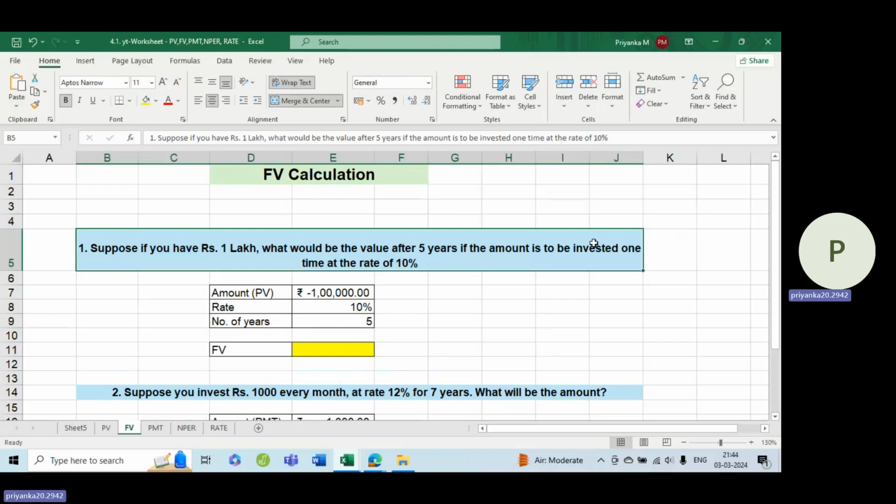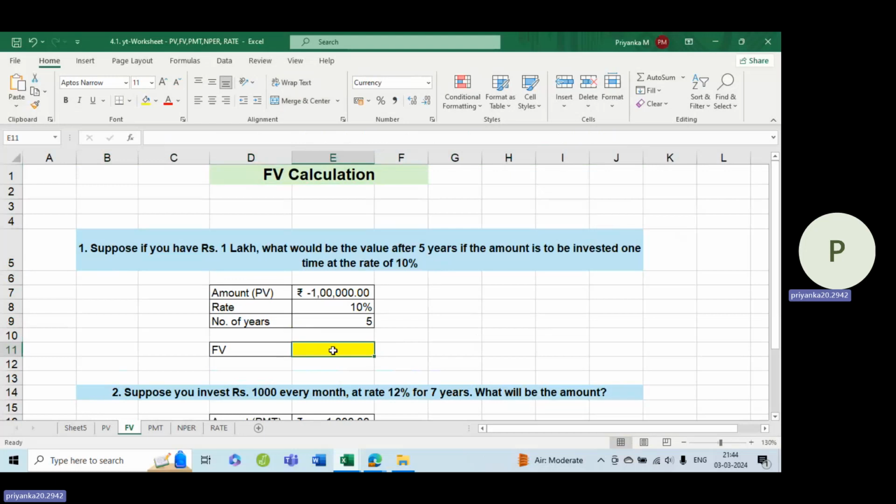So remember here they have said it is a one time investment. They're not investing periodically. Okay. So now they're going to make it a one time investment. So here you do not need to introduce that multiply by 12, divide by 12. You need not introduce anything. So I'm just going to give equal to